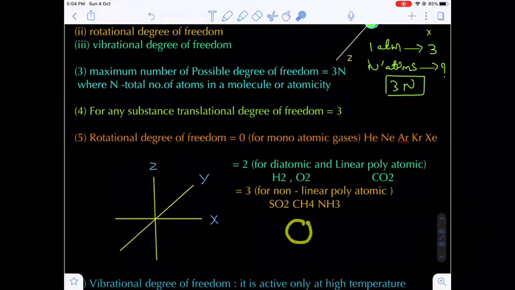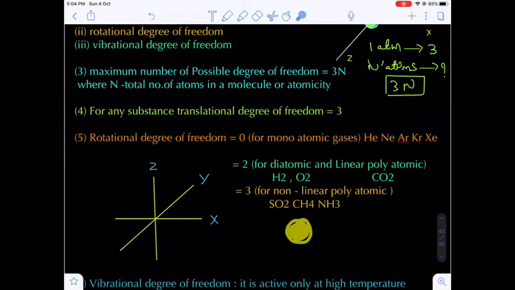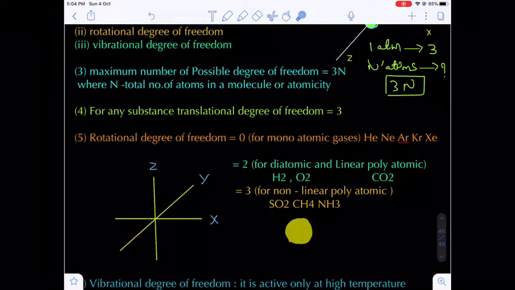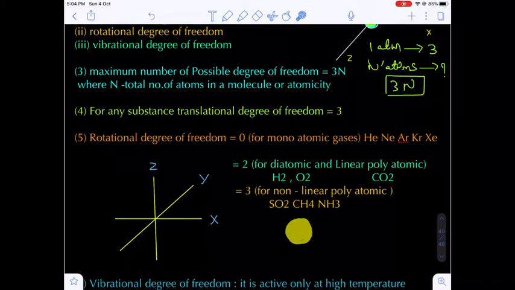Are you getting my point? Let's suppose this is one atom. It is a point mass of an atom. Now in the case of this point mass, if any rotation is occurring, we could not distinguish the rotation because it is completely spherical. So it cannot be distinguished whether this atom is rotating or not.